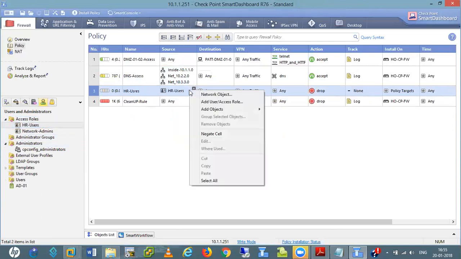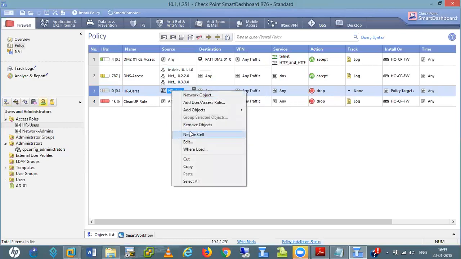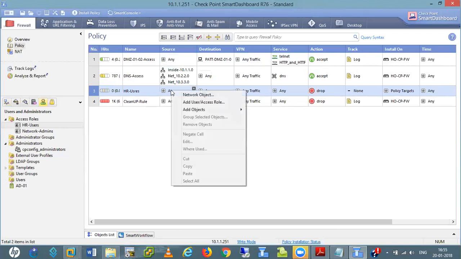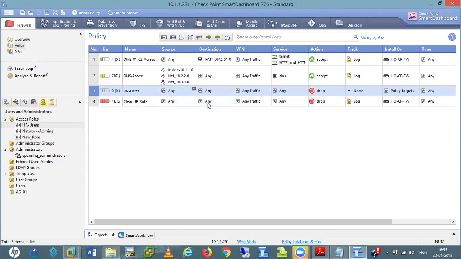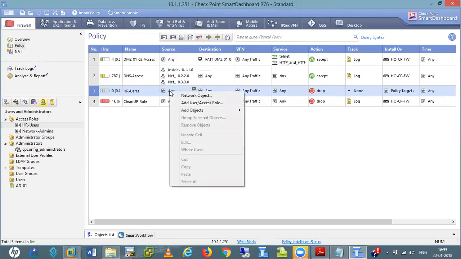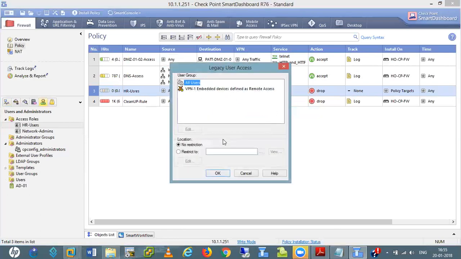We also have options here. See, I first remove this one. If we want to add, we just right click here. Here we have add user and access roles. It is for add object, add legacy users access like this.